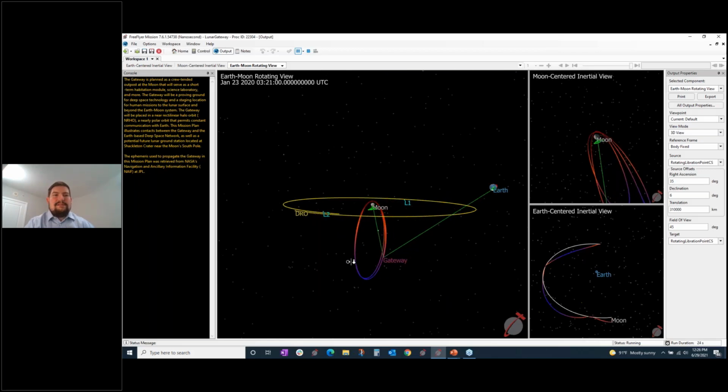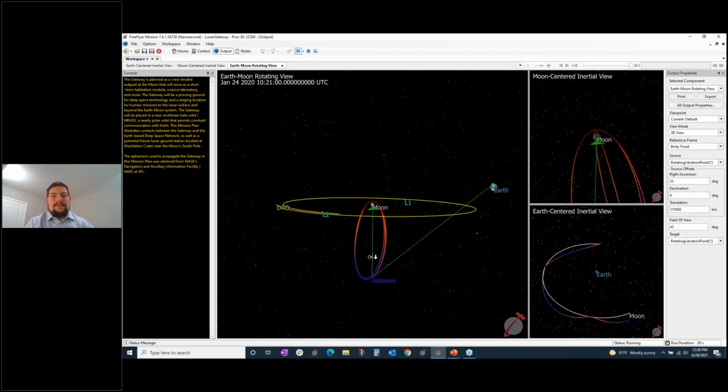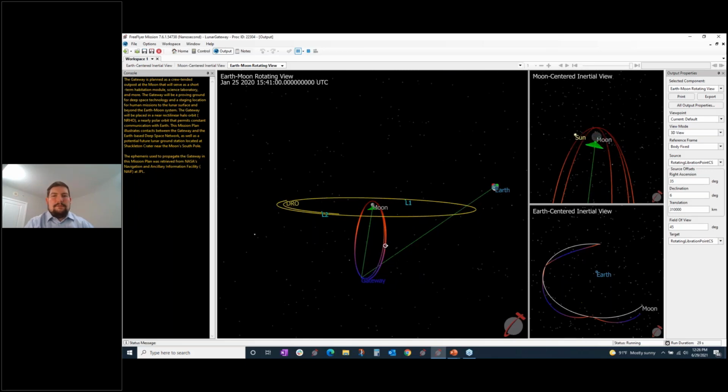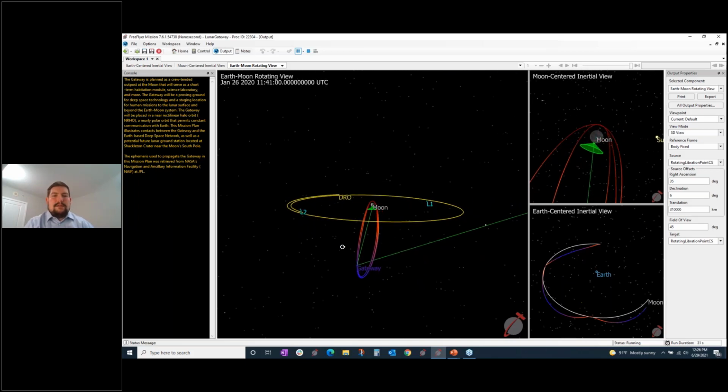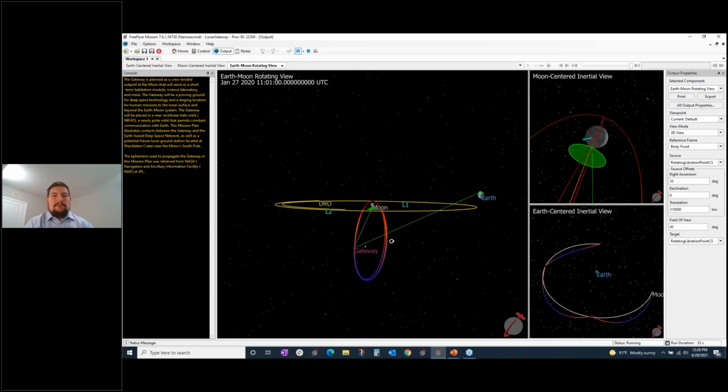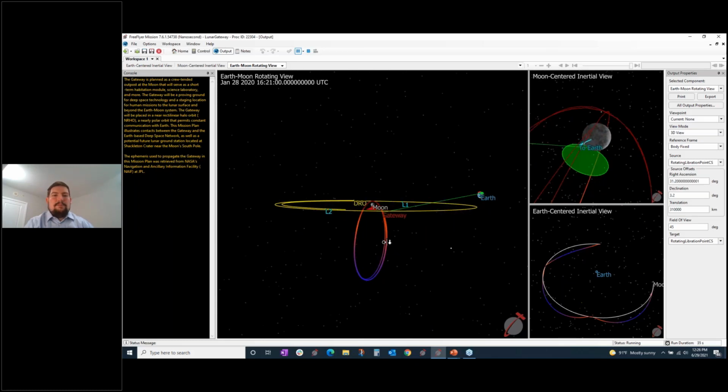It's called a near rectilinear halo orbit, and it was designed by a bunch of folks, including people at AI Solutions. And it allows us to be in a maneuver-wise cheap orbit around the moon. And what we're modeling in FreeFlyer here is communications between the TDRS network. You might be able to see those 3 ground stations on Earth and the gateway and bouncing